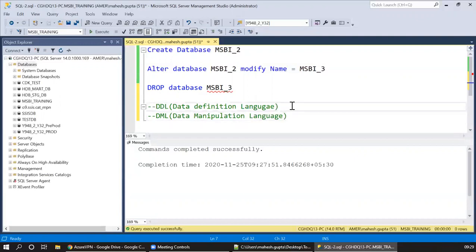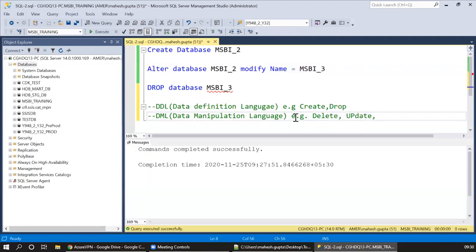DDL will have create and drop, so we are defining something new. Create comes in DDL, and drop is also a part of data definition language. When we say manipulate, we can have delete, update, insert and select. All of this we are going to discuss in detail, but just to differentiate, this is how we can do it.